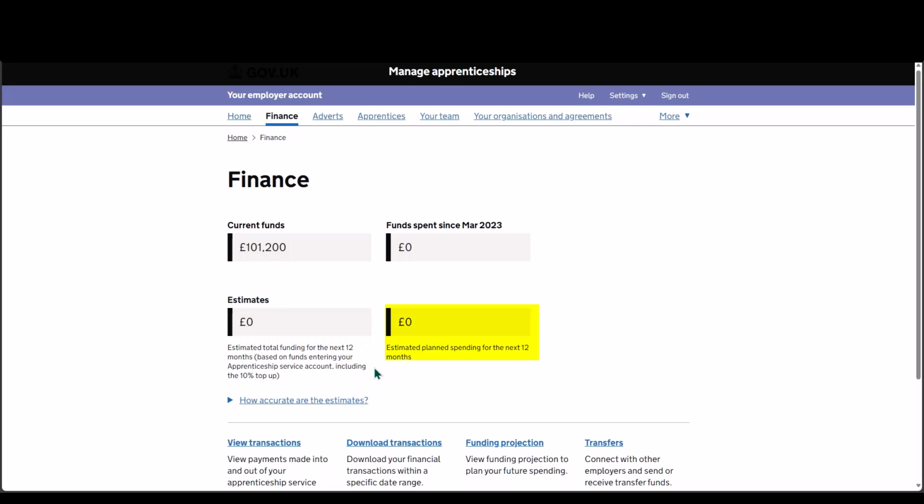The bottom right box, estimated planned spending for the next 12 months, is based upon the active apprenticeships, transfers and completion payments, which is expected spend for known apprenticeships, extrapolated over the next 12 months. Please note that you may also see another box to the right of this one called estimated funds expiring in,